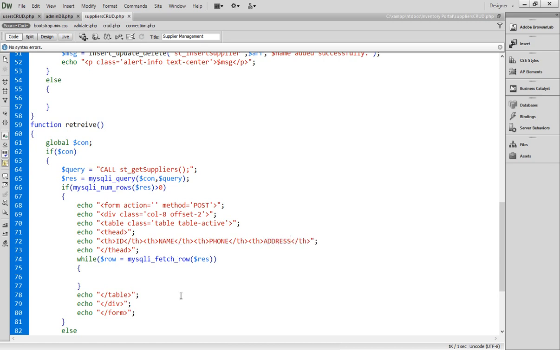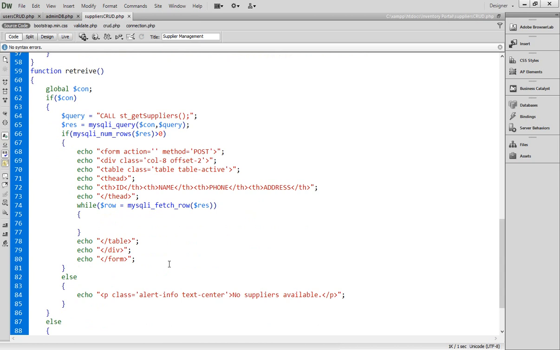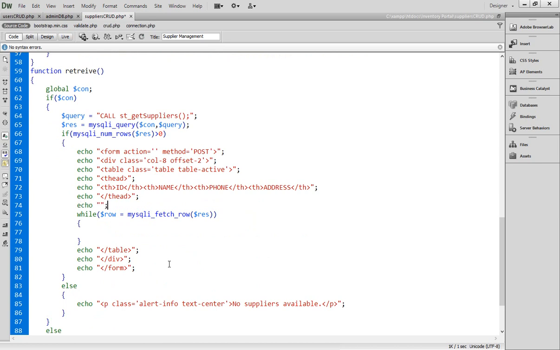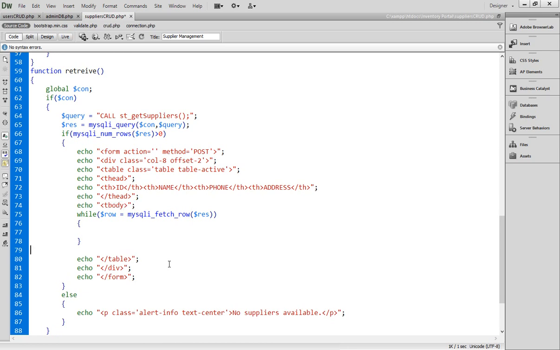Save. Now the next thing is to load the records. For that purpose, let's add an echo tag and write here tbody, and copy and paste and tbody close. Table body means, and here you have to apply td now, but within echo